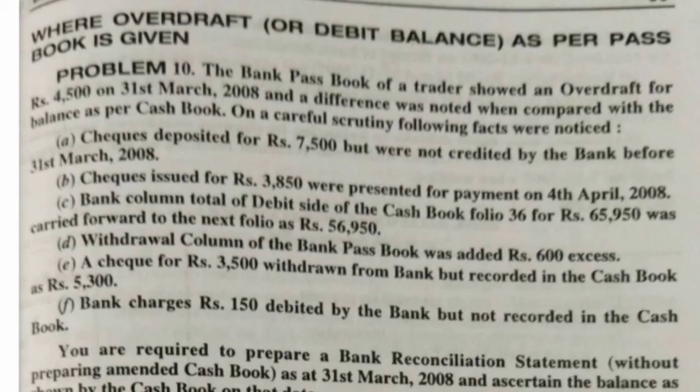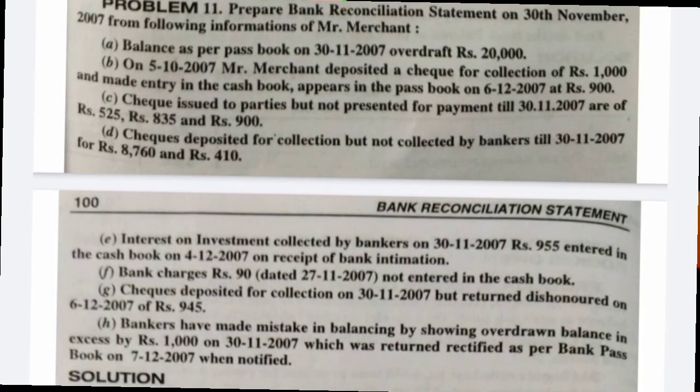And next one, bank charges of rupees 150 debited by the bank but not recorded in the cash book. Means the bank charges have been deducted from the passbook. So now we need to see only the passbook because they have given the overdraft balance as per passbook. The passbook will be showing the expenditure of 150 rupees, and its receipts will get reduced, right? So since the receipts are getting reduced by rupees 150, therefore we need to reduce this 150 from the overdraft balance as per passbook. Okay, am I clear till here? Shall I repeat anything? We finished problem number 10 as well.